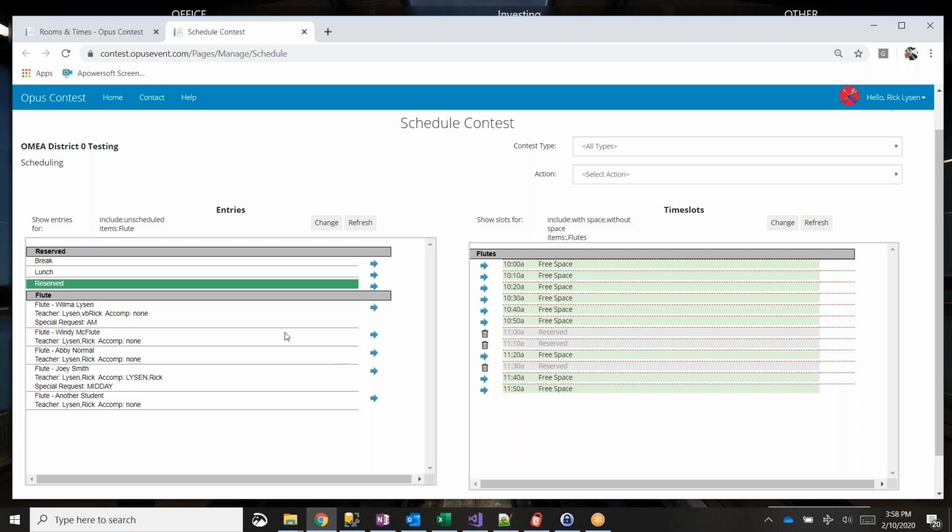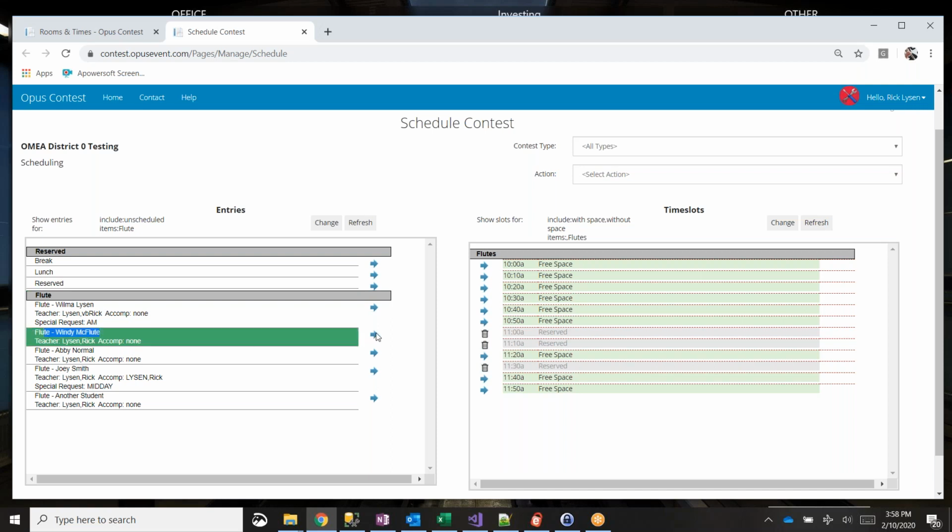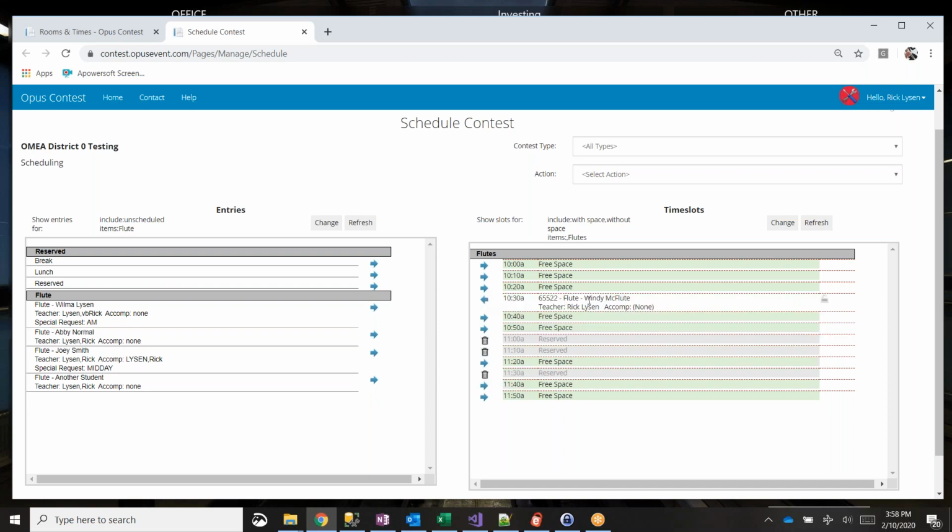Okay, so how do you actually go in and schedule? I'll first show you how to manually schedule someone. Let's say that our little Wendy McFlute here, that student, I'm going to go ahead and click the arrow to select them, and it'll highlight the one that you select in green. And you can manually choose where you want Wendy McFlute to play. I'll say 10:30. So I click on that arrow, and Wendy McFlute with the teacher, Rick Lyson, and no accompanist is now scheduled to play at 10:30